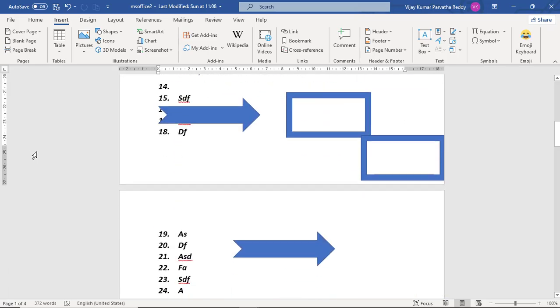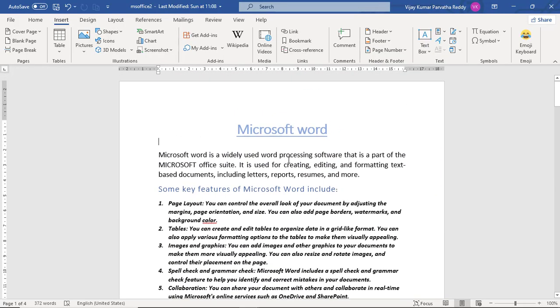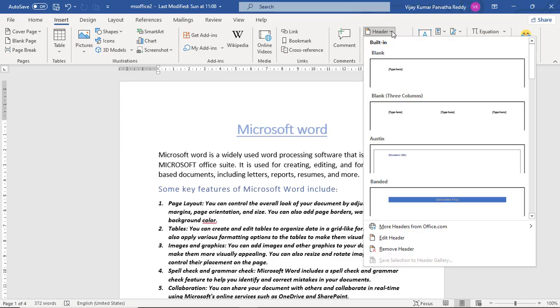Scroll down the document. This is the bottom part of the document. So, you will get the footer here. Okay, and in the header or footer you can insert page numbers. Right. First select the header, and in this we have different options.